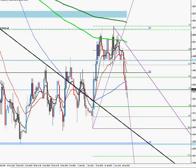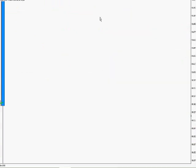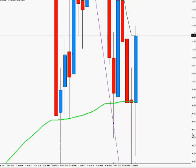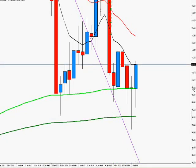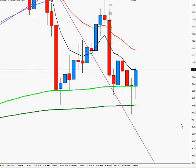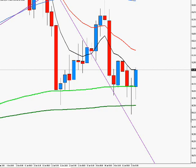We entered into two trades yesterday, actually, the dollar yen short as well as the pound yen short. If I can get the screen to cooperate here, I can briefly go over that trade. It was actually right after the news announcement yesterday. We entered into a short that netted us about 35, I believe 40 pips on this particular trade. We took the break of this support line here and we traded it down about 40 pips and we